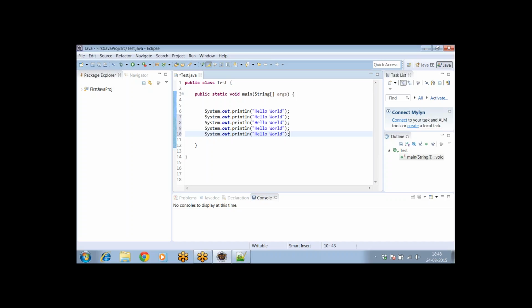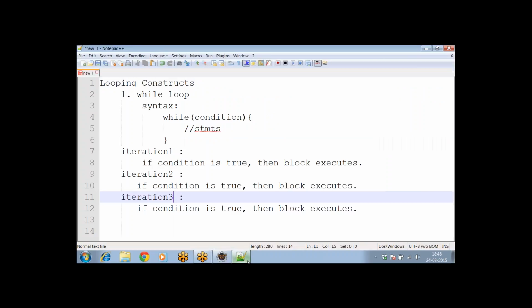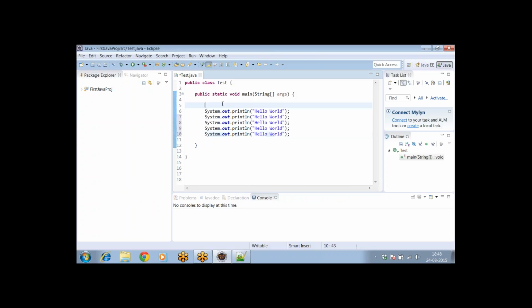So that is where loops come into the picture. Okay, we can use this while loop. We can make use of while loop here. Let's see how to use this while loop now. I'll declare a variable i equal to 0,